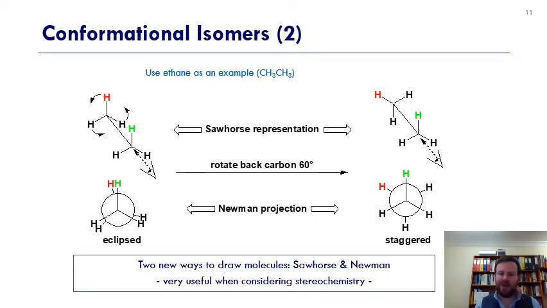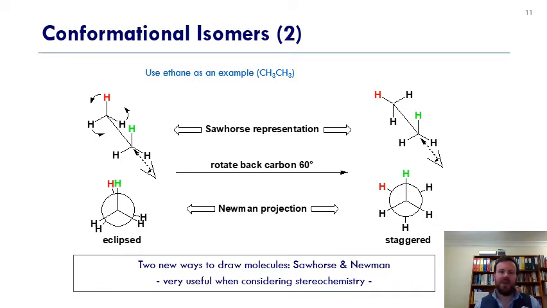So you see this little eye on the page, and we're looking down the carbon-carbon bond, and we're acting like we've flattened the entire structure in order to see what's happening. When we started on the left, I told you that the 2 hydrogens were aligned with one another. So on a Newman projection, we would show that by putting them right next to each other. When we've rotated by 60 degrees, we've moved one of those out on an angle. And again, you can see that red hydrogen has moved onto a slight angle with the green hydrogen, but now